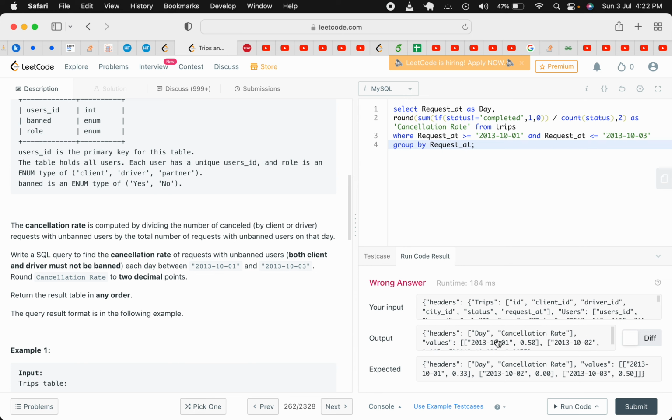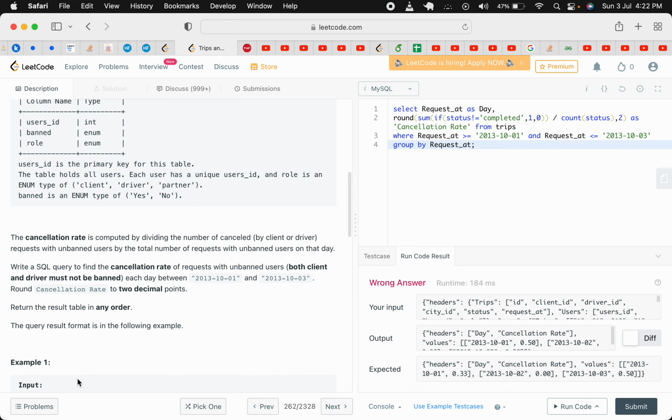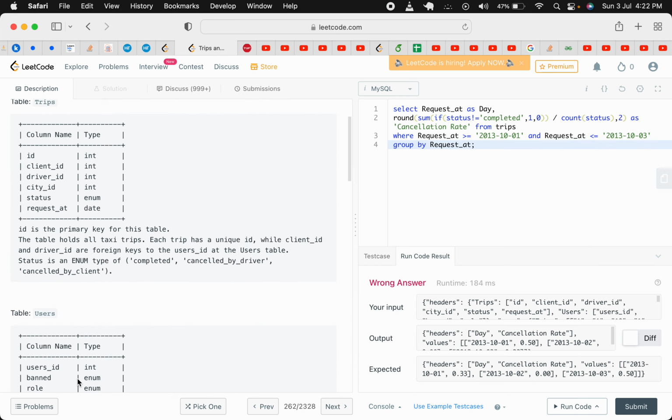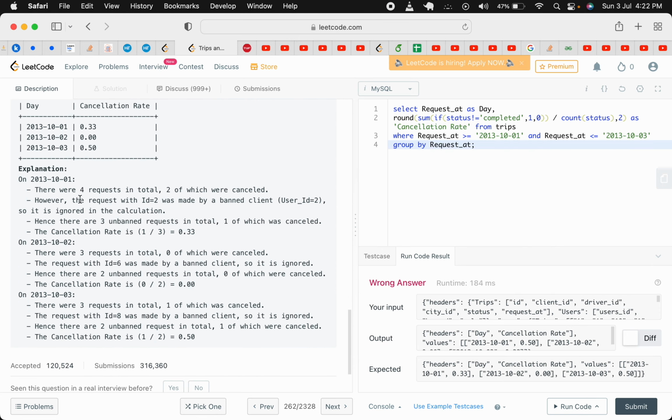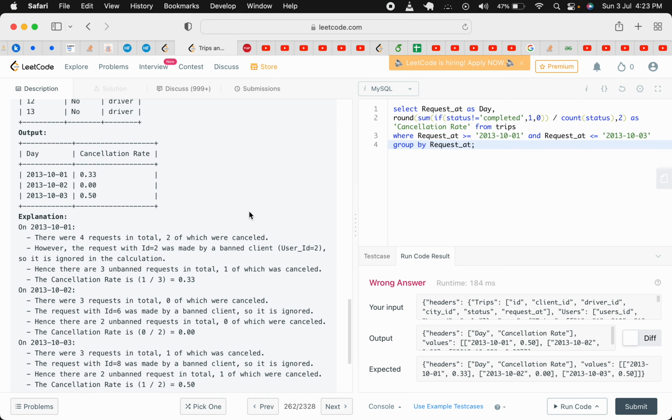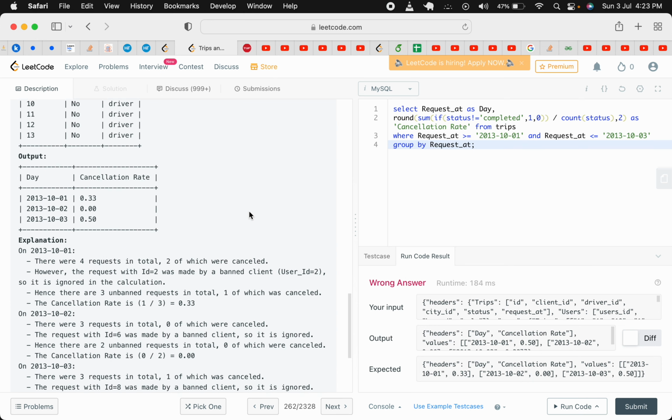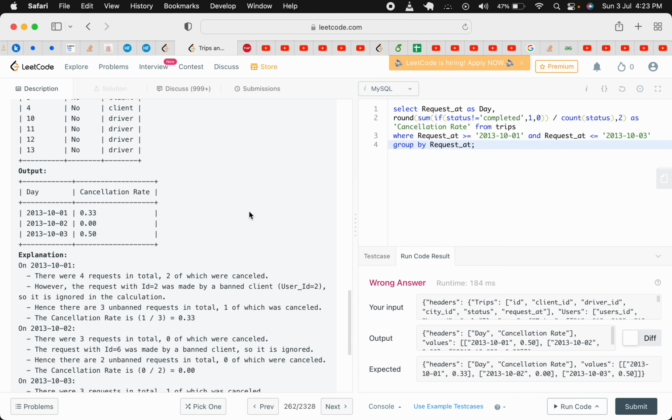Now there's also a catch here. If there are 4 requests in total, 2 of which are cancelled, however request id 2 was made by a banned user. So if it is banned, either by the client or by the driver, you need not count that particular user id. So I'm going to apply one more condition here,